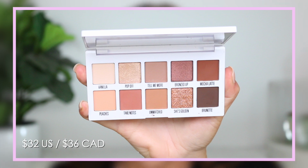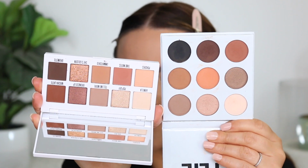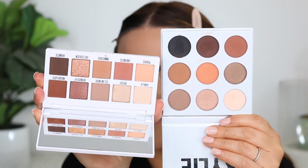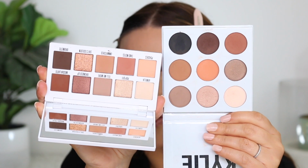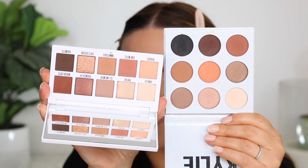Very, very similar to the original bronze palette. It has 9 shades, and you get a black in the bronze palette. That's kind of the main difference. A couple of the shimmers are a little bit different, but the mattes in general are fairly similar, minus the